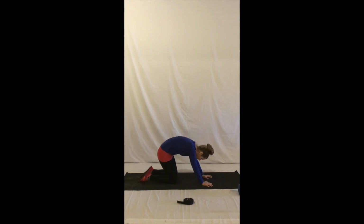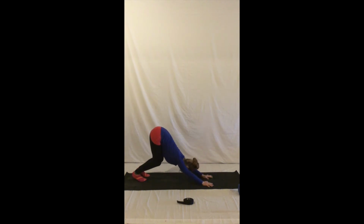Let's do one more breath. Inhale, pulling it forward, stabilizing the shoulders. Then as you exhale, tuck the toes and reach back into your first down dog, letting the knees be very bent here. Head drops towards the mat. You want to almost try to kiss your belly button to your thighs and then start to walk it out,